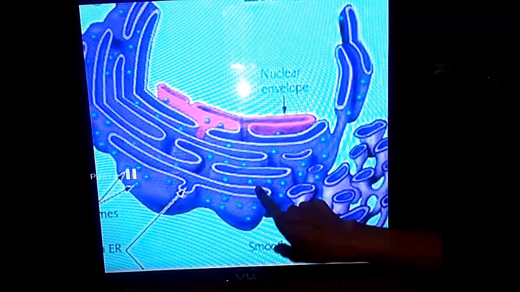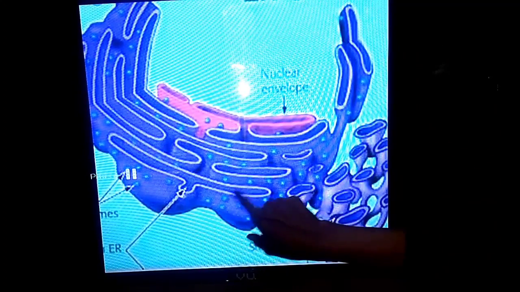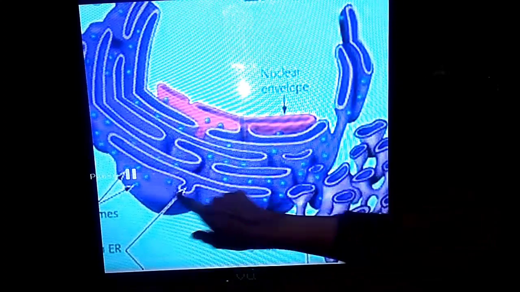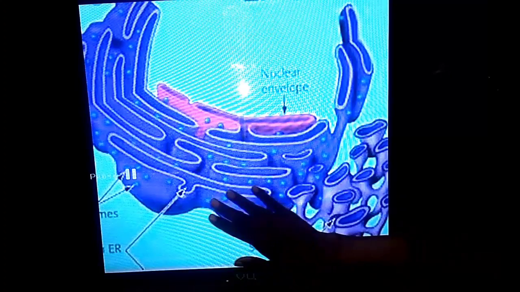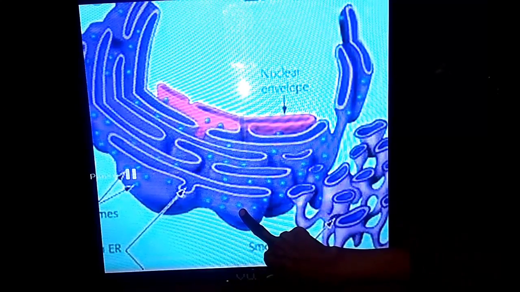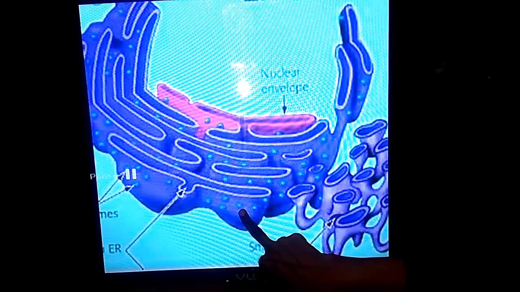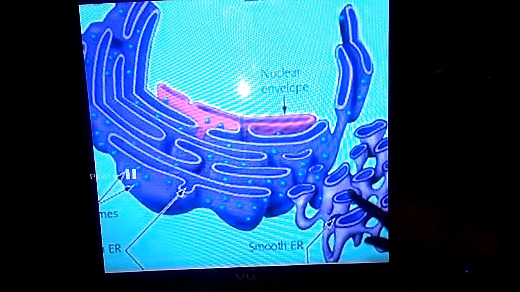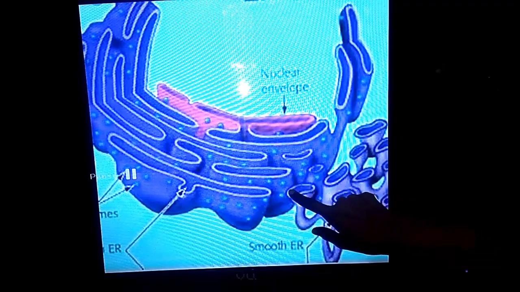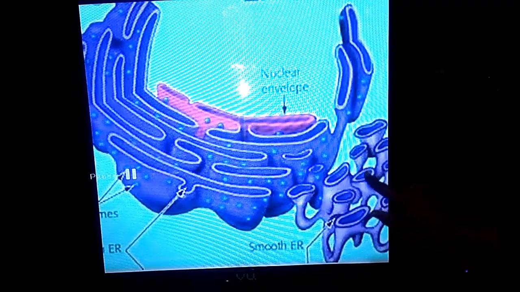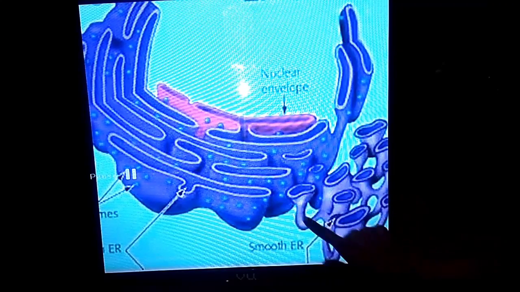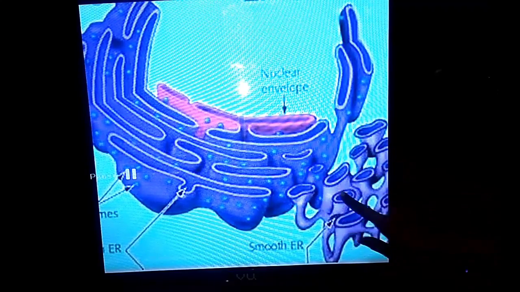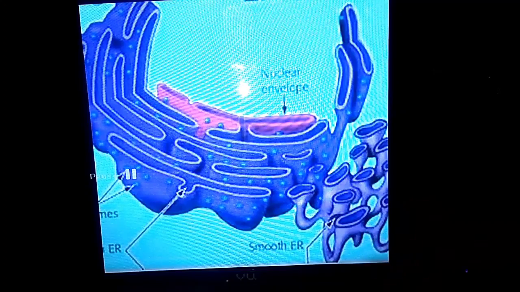Now, can you all see, students, there are certain dot-like structures on this tubular structure. Then we call this endoplasmic reticulum the rough endoplasmic reticulum. Whereas these structures, even though they are tubular and have lumen inside them, don't have the dotted structure. Without dots, but it is a continuation of the endoplasmic reticulum. So this is called the smooth endoplasmic reticulum.